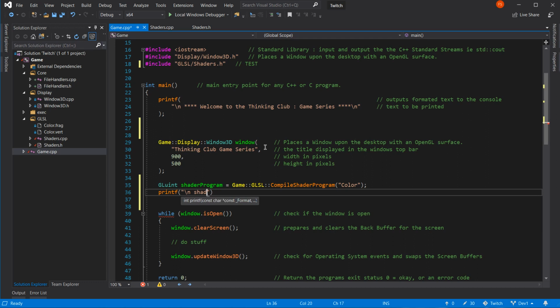Do it properly. Shader program ID equals percent %d, comma... this'll bugger everything up, won't it? Shader program.